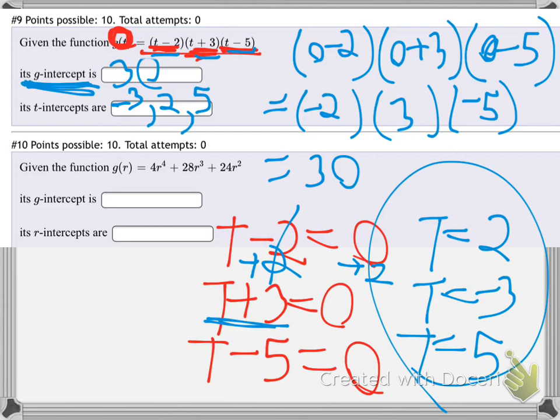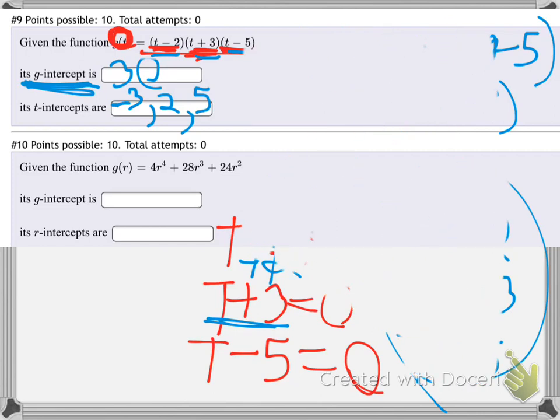Okay, I'm going to clean that up a little bit next. We have to talk about number 10. On number 10, it's the same question, same kind of stuff, same kind